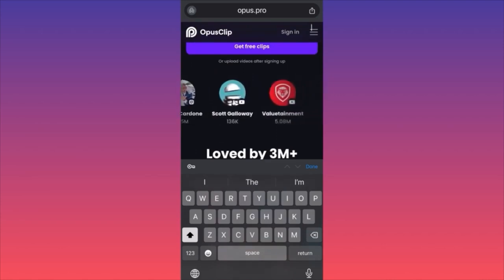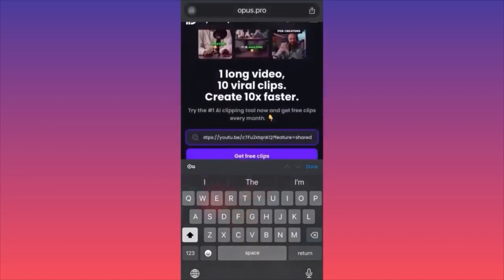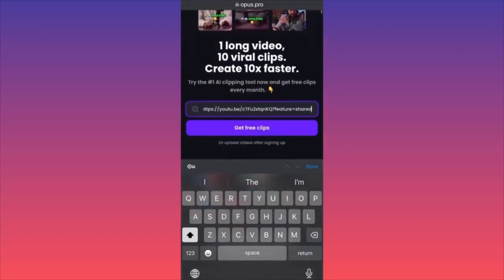So then you might simply have to do additional editing so you can make it a little longer. Unfortunately, we don't have the option over here to make it a little longer. But essentially, this is how easy it is to just copy the link from the video that you want to